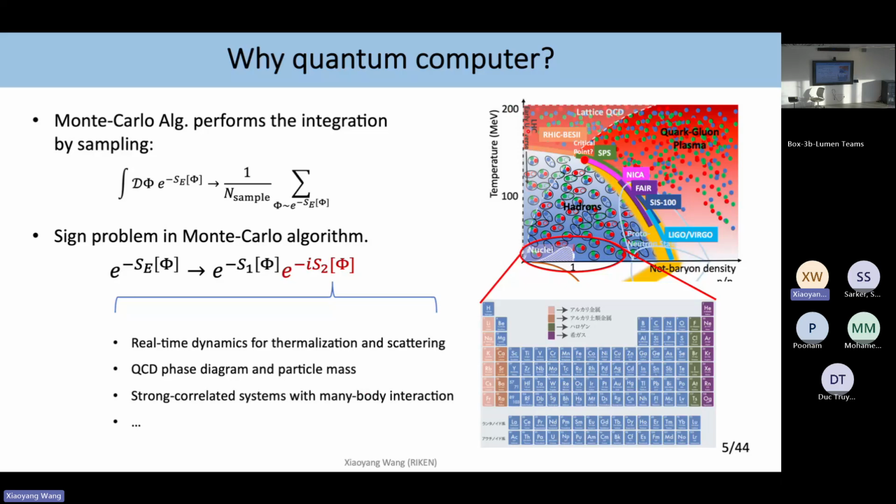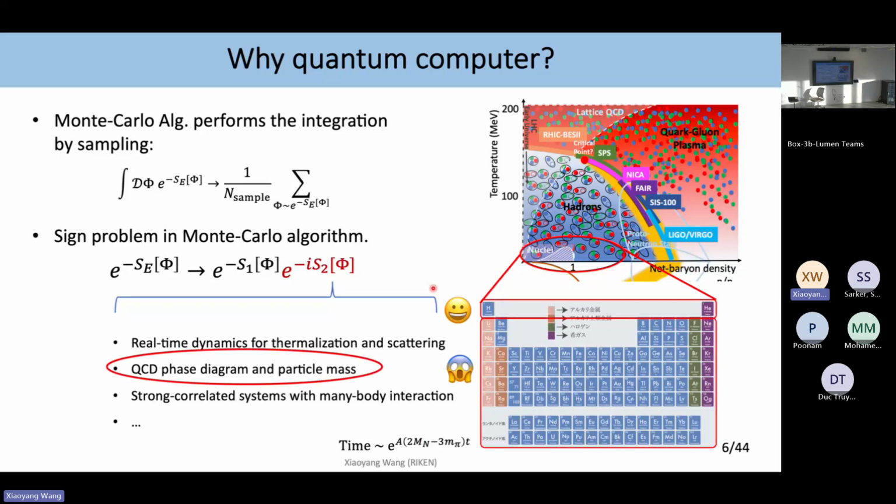This is the phase diagram of the QCD model, where the vertical axis is the temperature and the horizontal one is the baryon density. For example, our natural world, as shown in this periodic table, is included in this phase diagram, as shown in this small region. If we want to study this QCD phase diagram and calculate the mass of these elements in the periodic table,